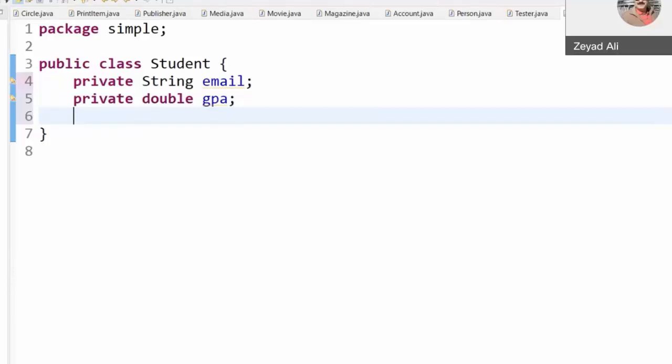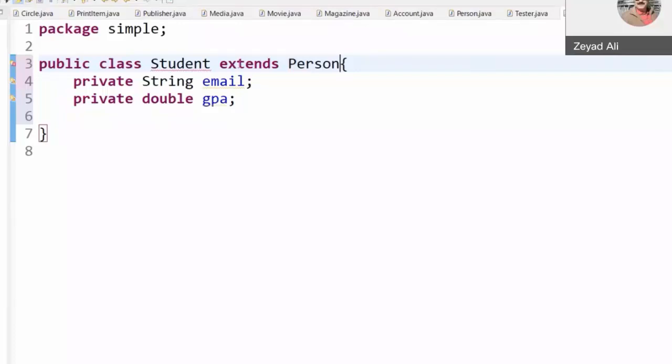In this case, what you do, you inherit everything from the person class using the extends keyword. Extends person means you will use all the features in the person class, all attributes and methods. Extends person.